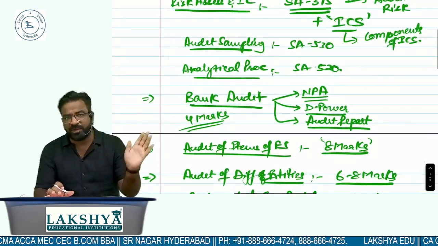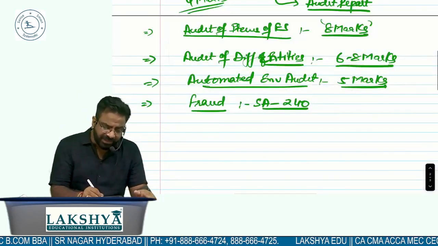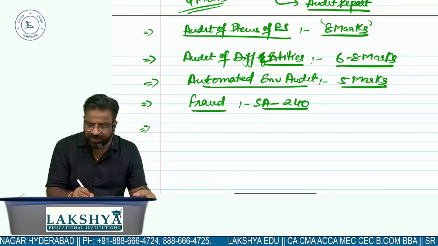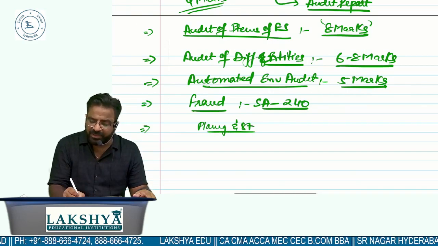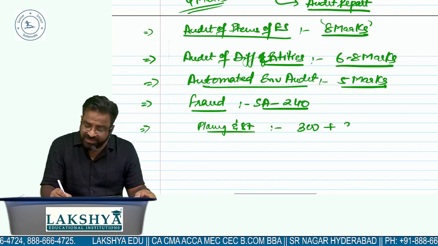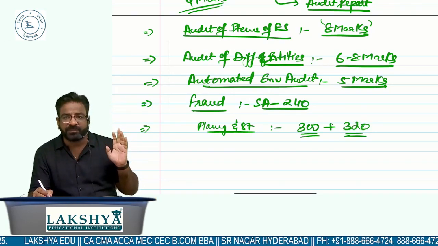You don't have to worry at all. Total 60 marks are going to be there in your pocket. Okay? Then followed by that, you can do the chapters like planning and strategy. In the planning and strategy chapter, I'm telling you, make sure that SA 300 you definitely have to do, plus SA 320 materiality, you should do it there itself only. Are you getting the point?